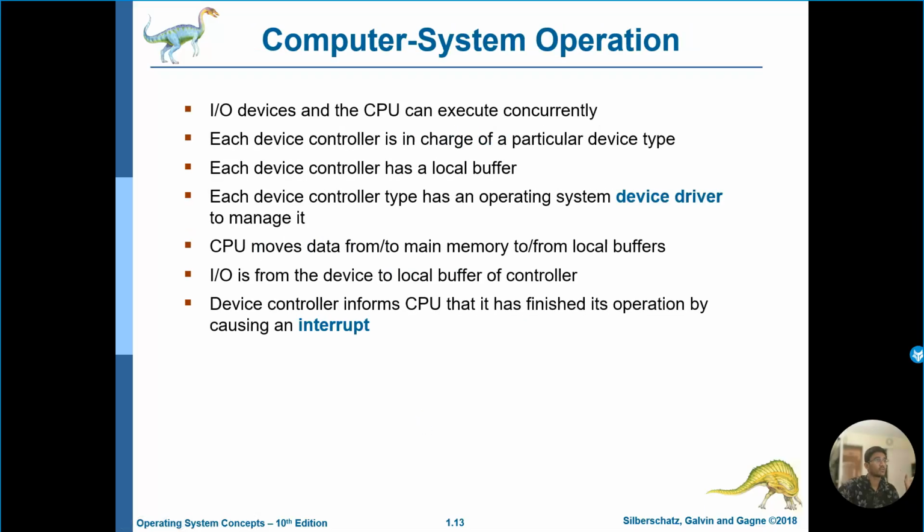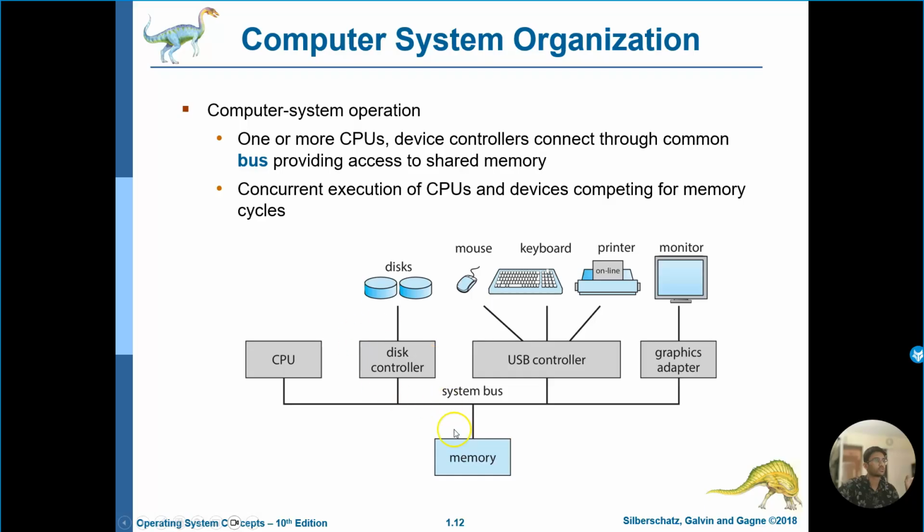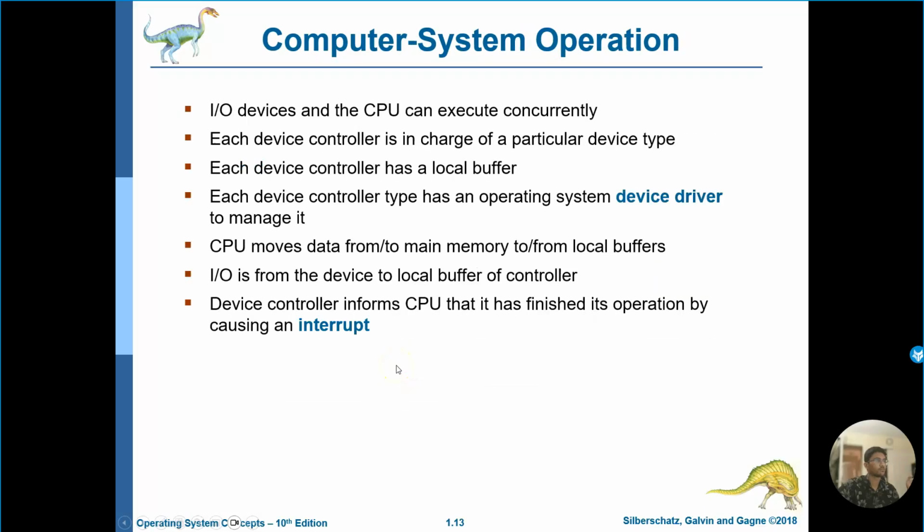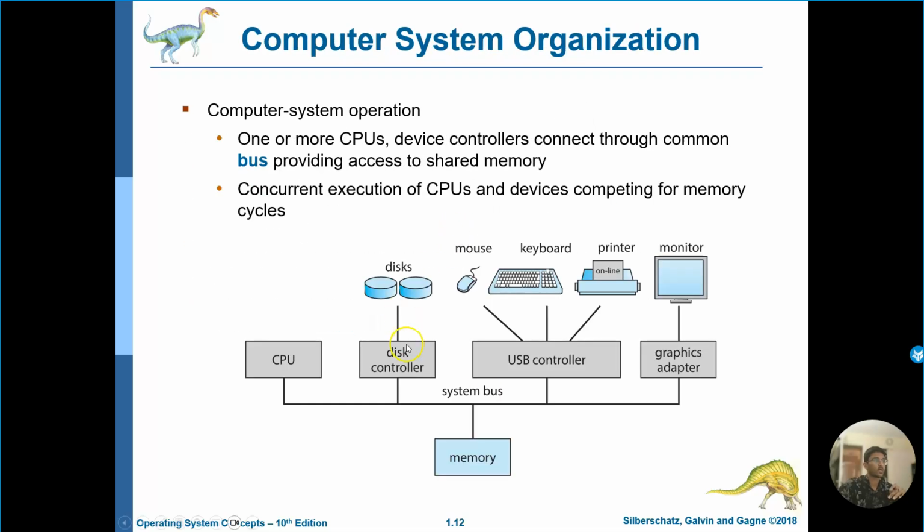Then the CPU helps move data from the main memory to the local buffers. The local buffers are on the controller, and the CPU moves data to and from the main memory there. And the input output is from the device to the local buffer of the controller. The controller informs the CPU that it has finished its operation by causing an interrupt. We're going to talk about interrupts, but know that device controllers are what send those interrupts to the CPU,